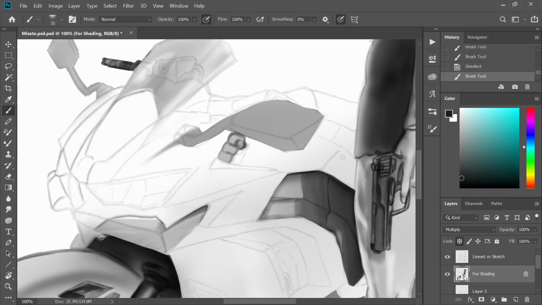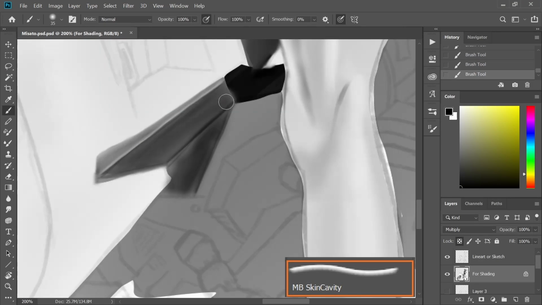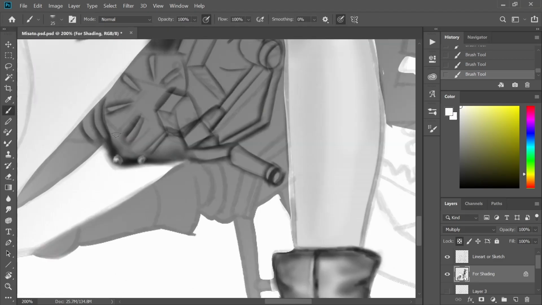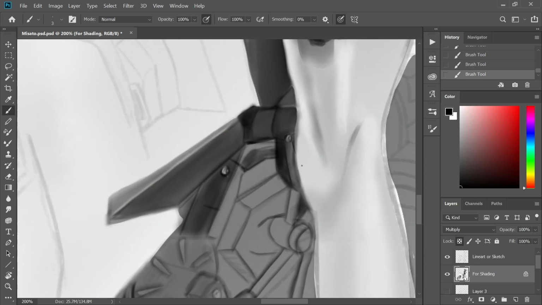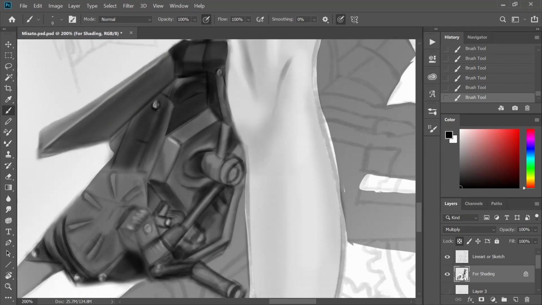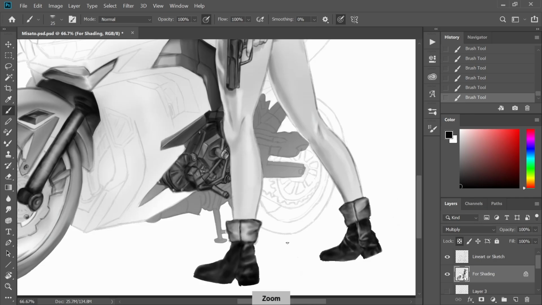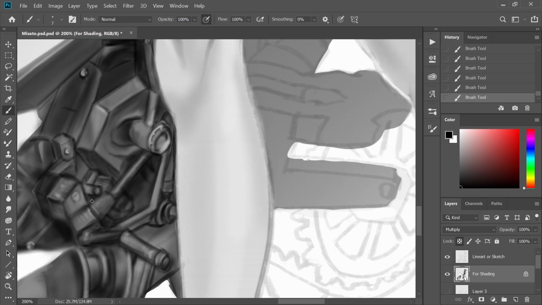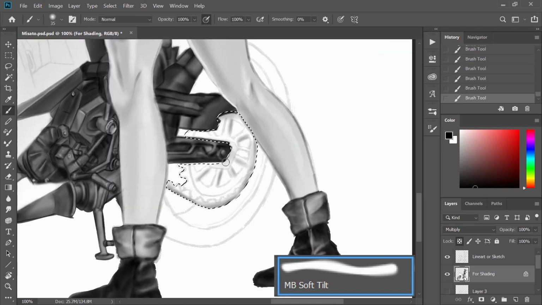The reason is I'm using the skin cavity brush to put some shading to some corners here, like for example right there on those areas. It's easy to shade with a skin cavity brush. It's a good deal for me. I think $12, that's okay, as long as you get a nice bit of different texture to each of the shaded parts that you're doing. So I use the skin cavity for those nooks and crannies of the motorbike. Soft tilt brush as well for the skin,